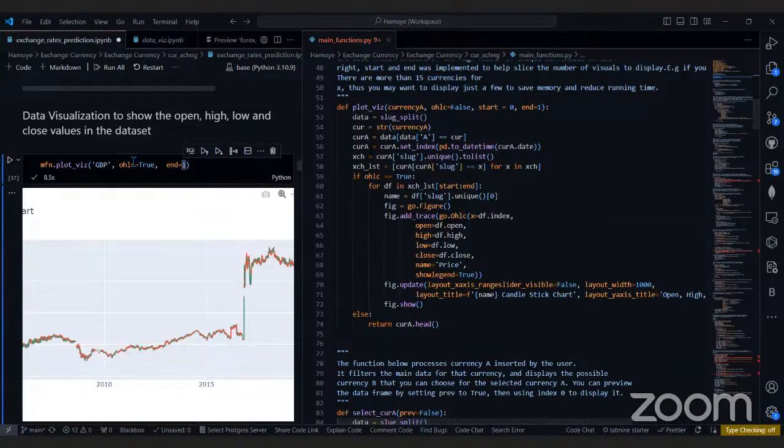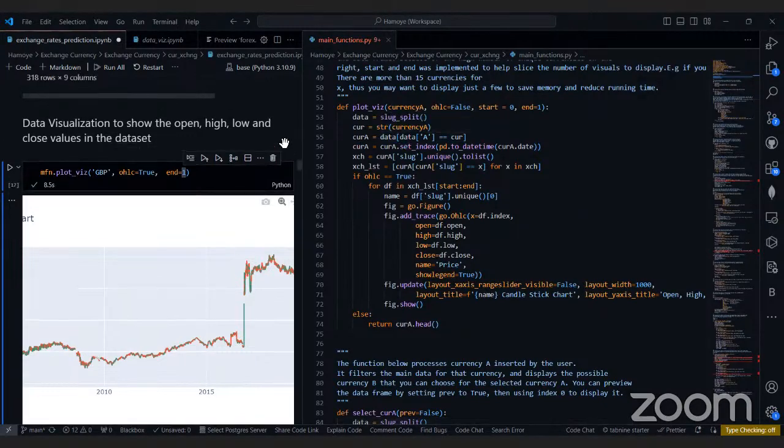So depending on whichever currency I put in here, that's the one it's going to work with. So I can change this to whatever base I want, out of those seven bases. So it takes in a currency, which is currency A, and A are the seven base currencies, right? Once it takes it in, it turns into a string. Then it filters our data frame, the original data set.